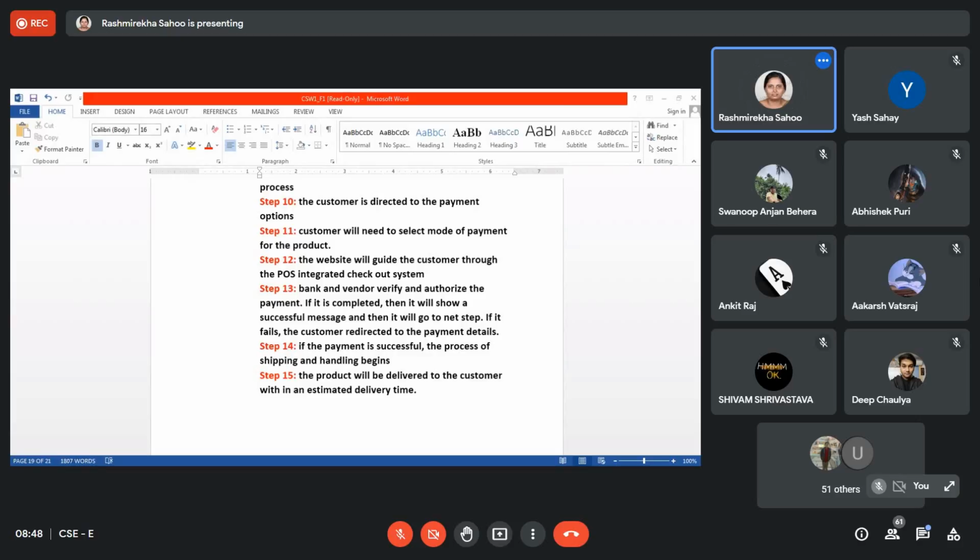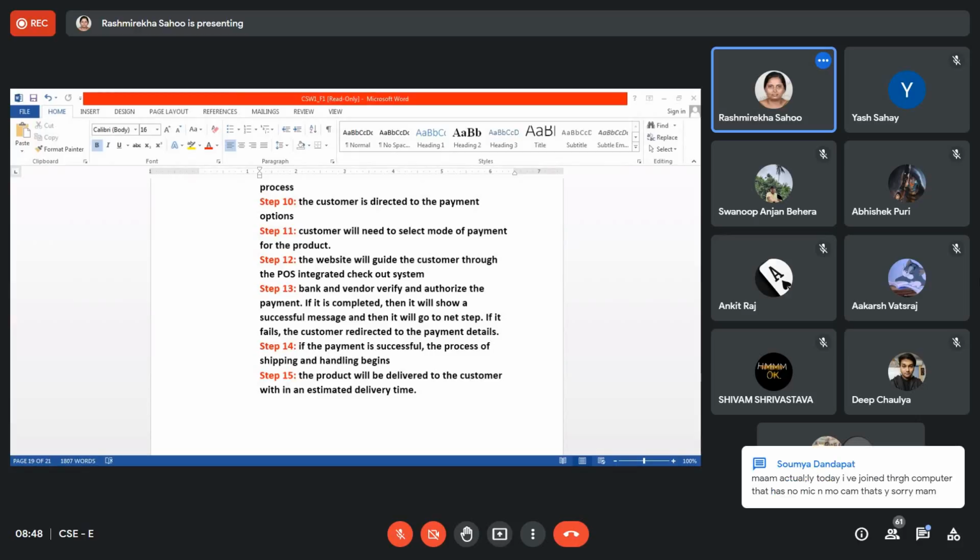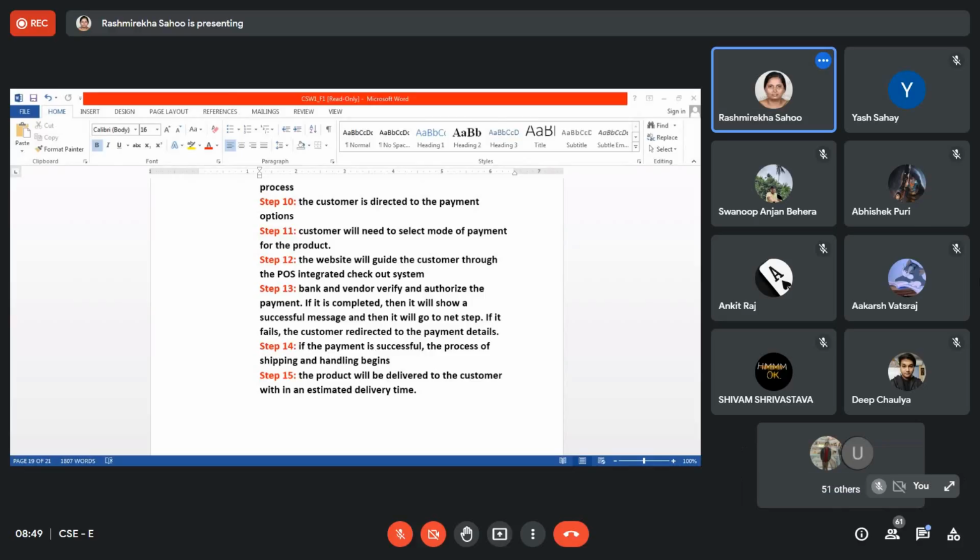Ankit Raj. Ankit. Ankit, are you drawing the flowchart? So quickly draw this flowchart. One more flowchart we'll discuss. Then we'll move to the next part. Okay, after drawing one more flowchart,